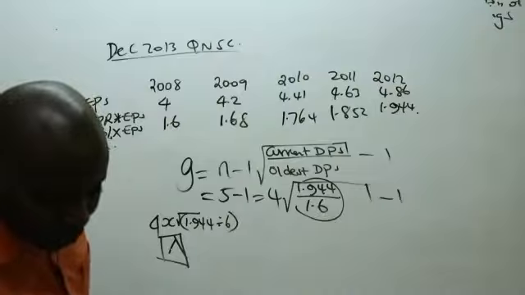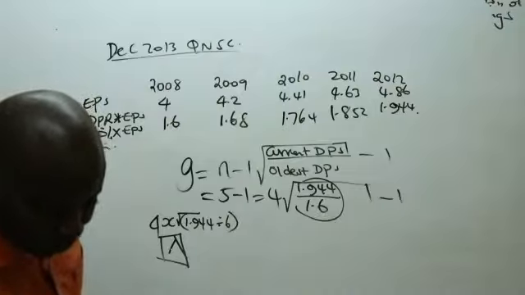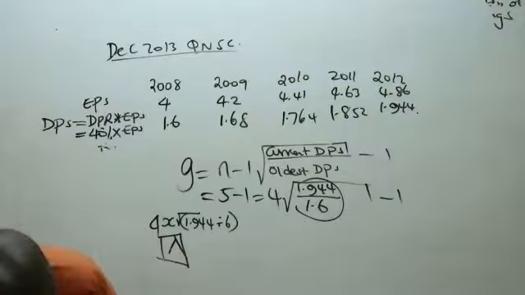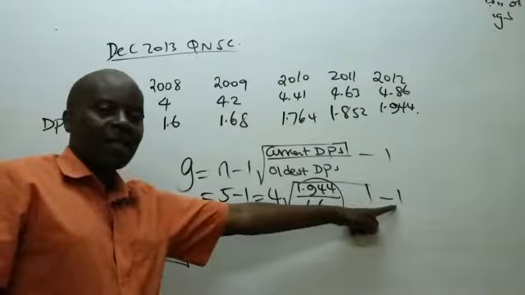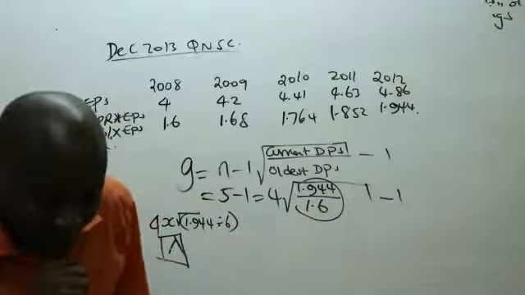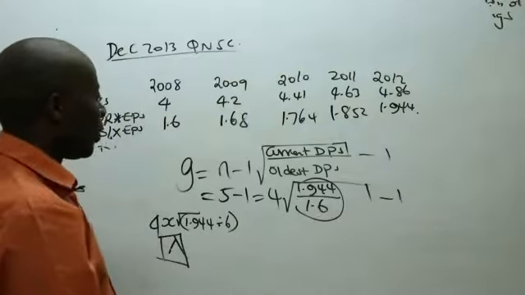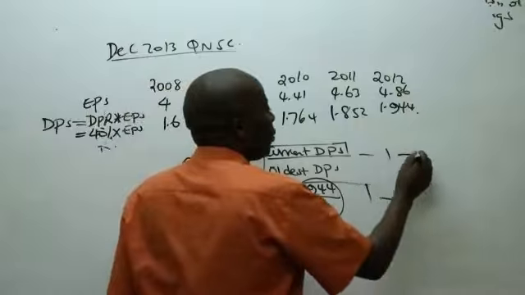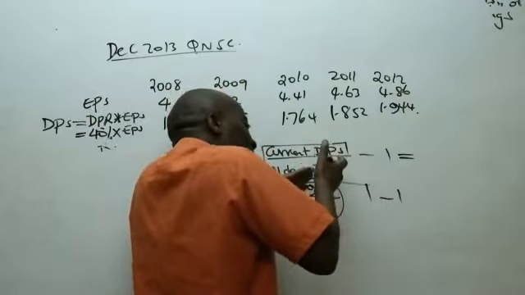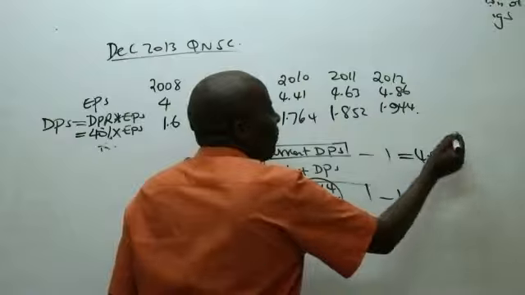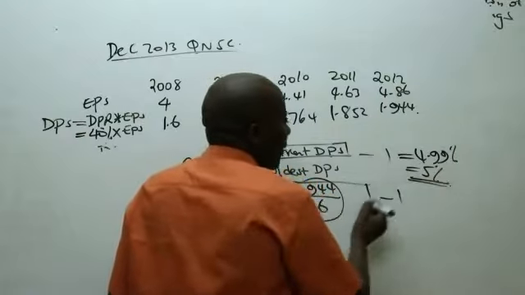So is there somebody, ladies and gentlemen, who has been able to give us that fourth root? I can see from Mapena, 4.99. We have Sumaya Noor, 1.049, but Sumaya, you must have forgotten to subtract this 1. This one is very important. We have Sunaya again repeating like 5%. That is still okay. What the students are telling me is that they have gone a step further and multiplied by 100 to get a growth rate of 4.9%, which is the same as 5%.